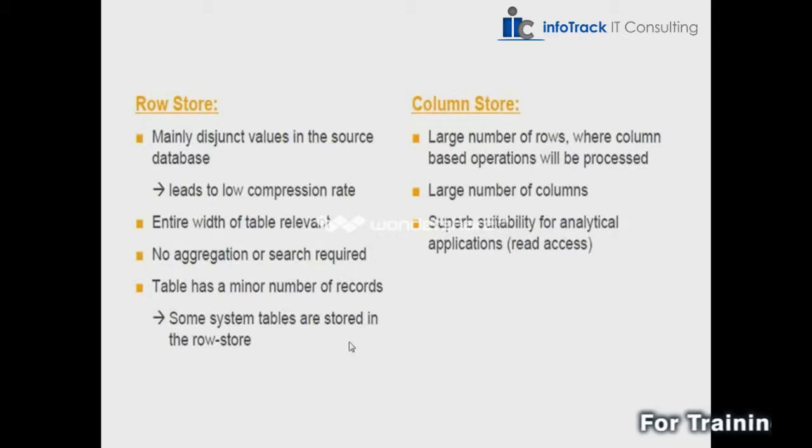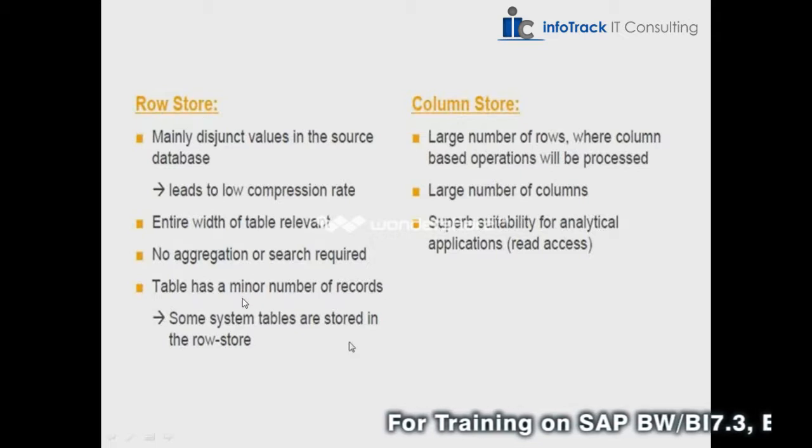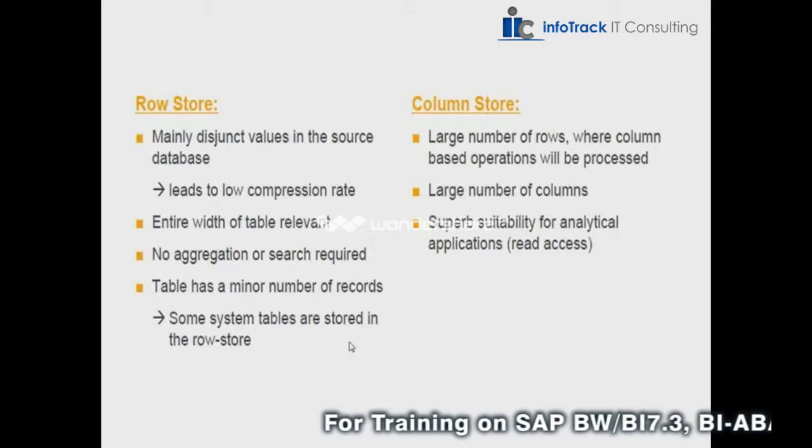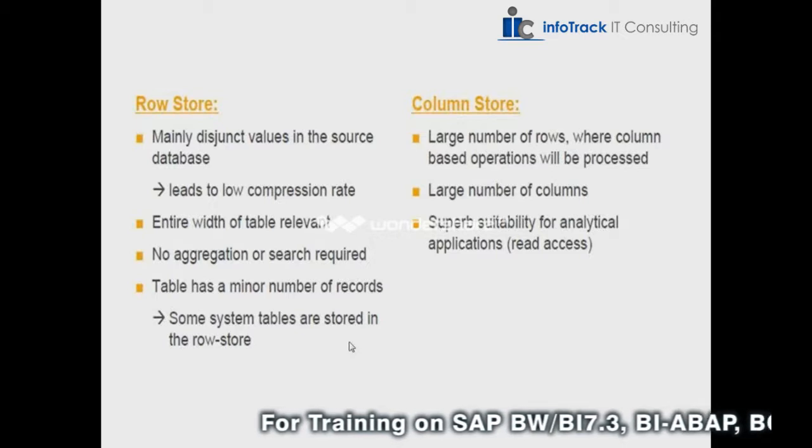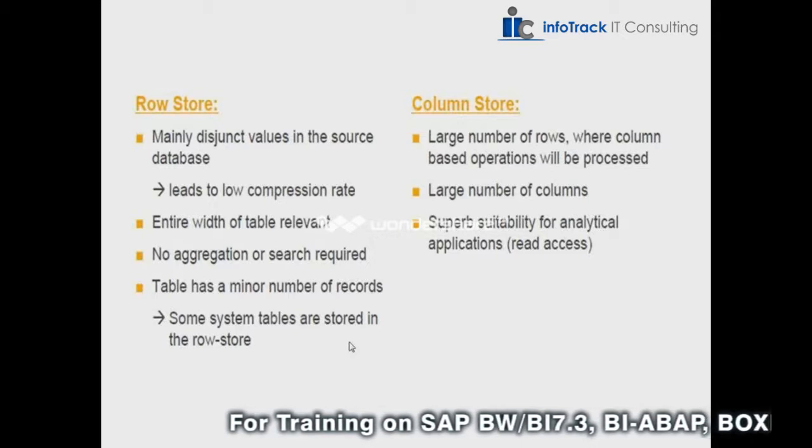If you see any table, it will look the same way, row based or column based. But while reading the data, depending on the type of the table, it will read the data differently. If it is row based, it will read the data row by row. If it is column based, it reads the data column by column. So it depends on the table type.